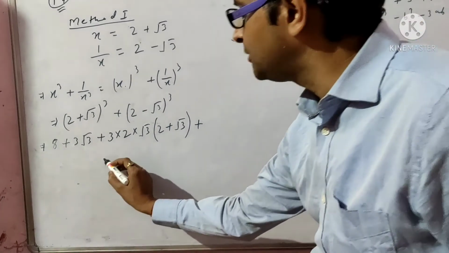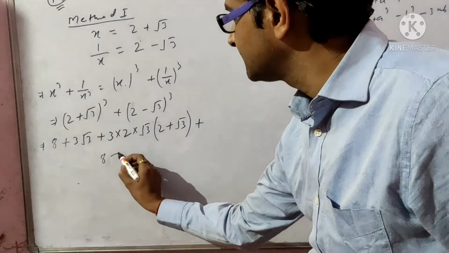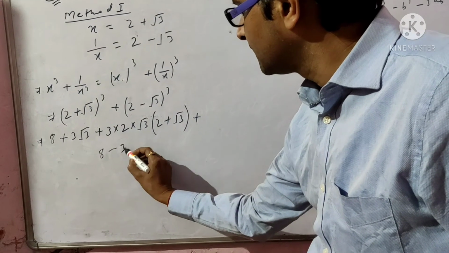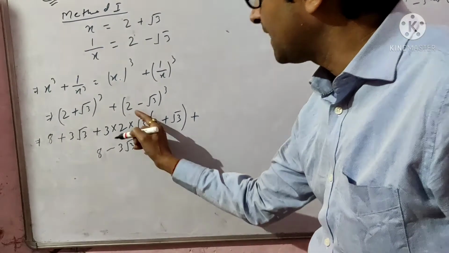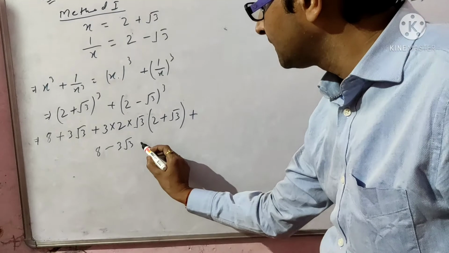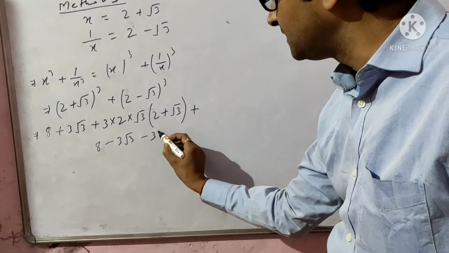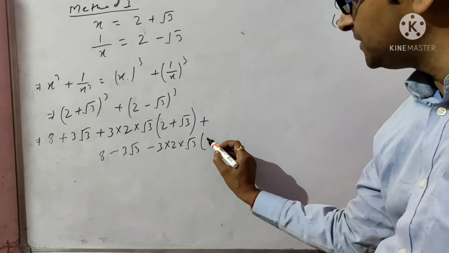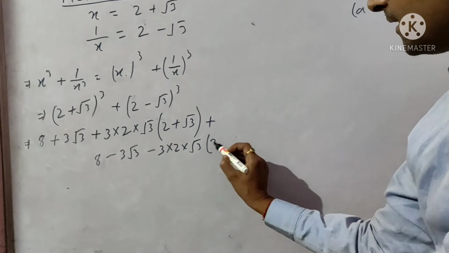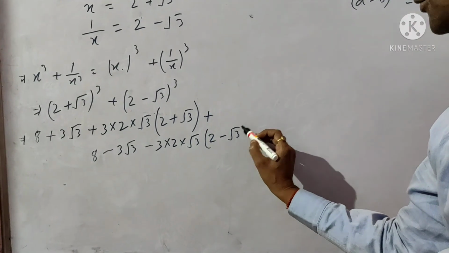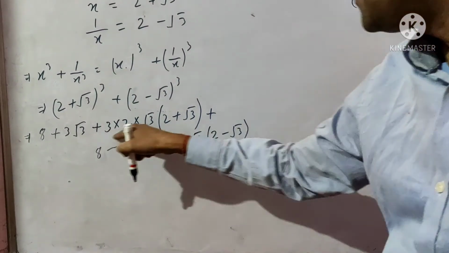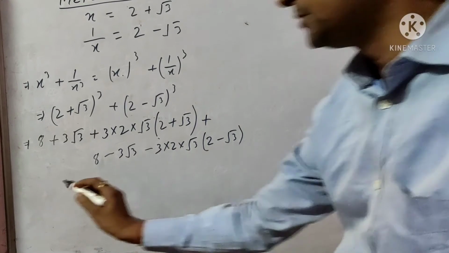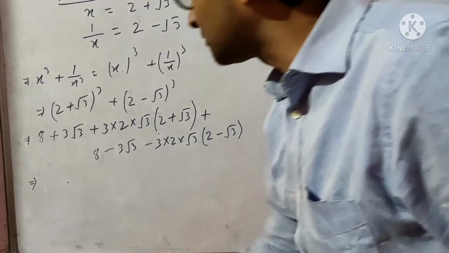Again write down a cube, that means 8 minus b cube, 3 root 3, a cube minus b cube 3 root 3 minus 3ab, 3 into a into b, and again the value is a minus b, 3 minus root 3. So this is the formula of (a plus b) whole cube and this is the formula of (a minus b) whole cube. Okay, after that student,